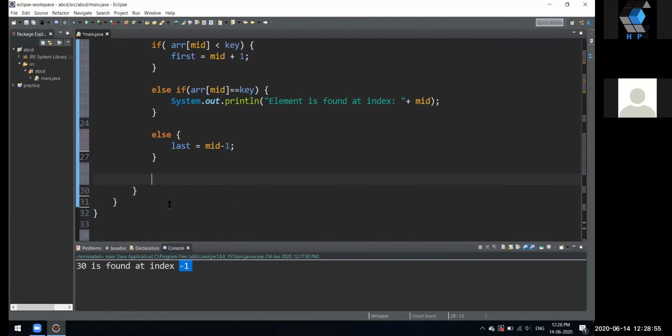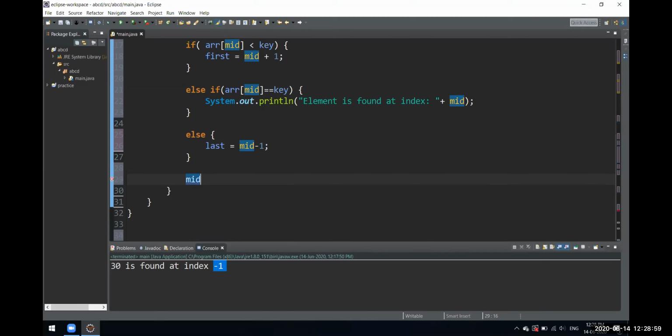After this, we will have to do one thing. We have to pass the mid is equal to first plus last divided by 2.